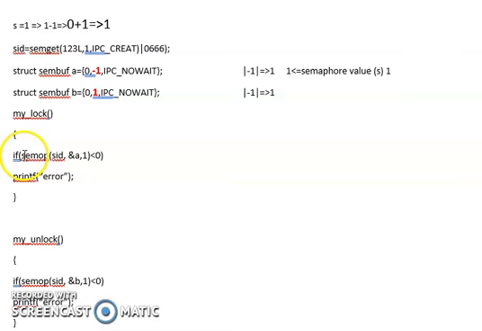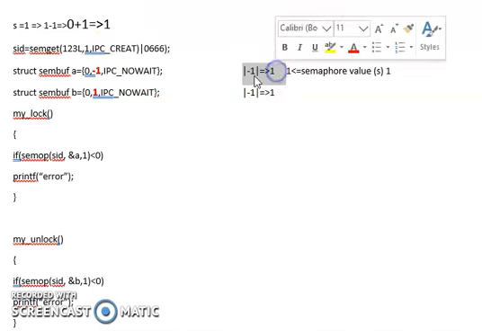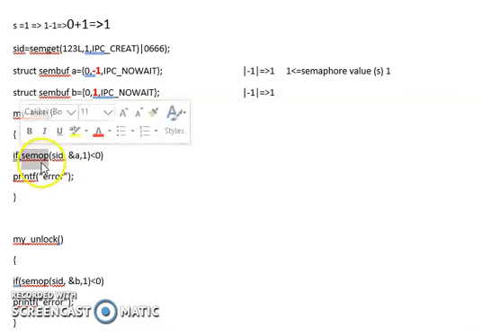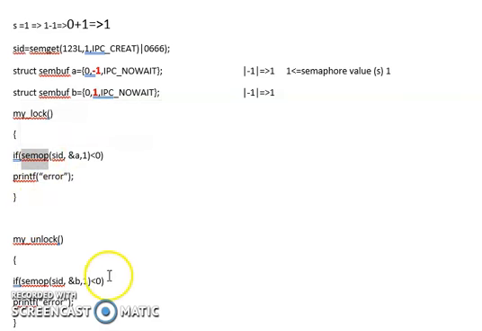Now the process P2 which is held here checks this semaphore value, now modified to 1. Then again follows the condition: absolute of -1 is 1. Semaphore value 1 greater than or equal to 1 is matched. So SimOP wakes up your process P2, allows that into critical section. This continues further for any other process.